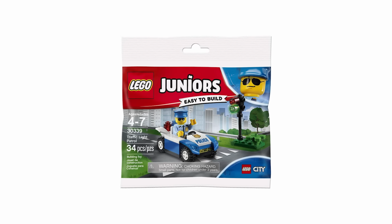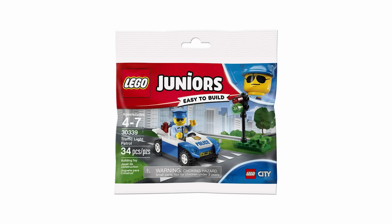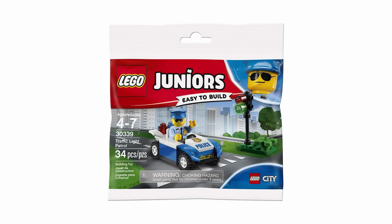Now, up next is one of the absolute lowest rated sets that LEGO has ever released across any line, the